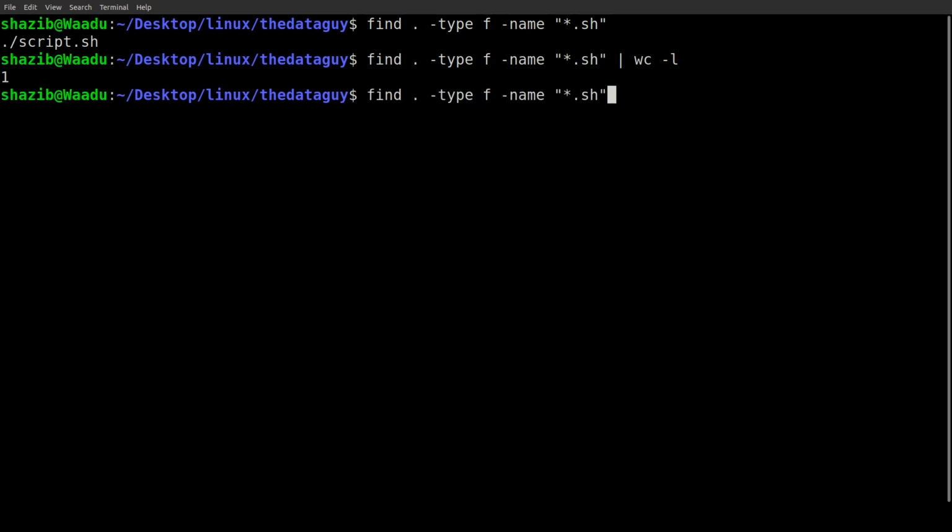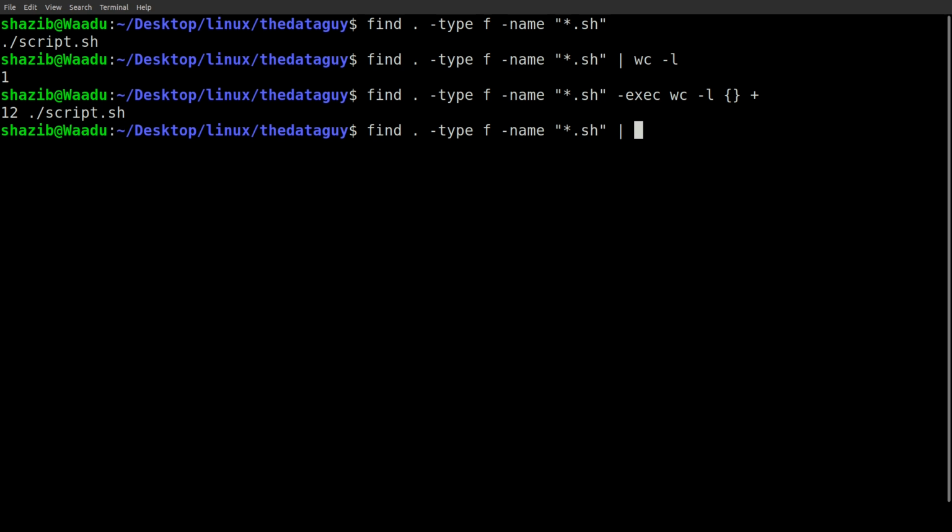And if I use -exec with wc -l and the curly braces container, and then this flag, we got a different output. It is because, as I have talked about, the pipeline will first store the output as text and then read that text to some temporary output, and then it reads that temporary output.